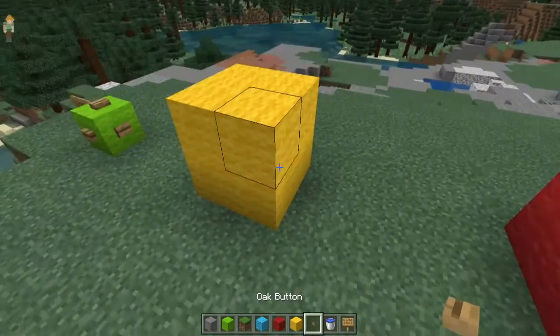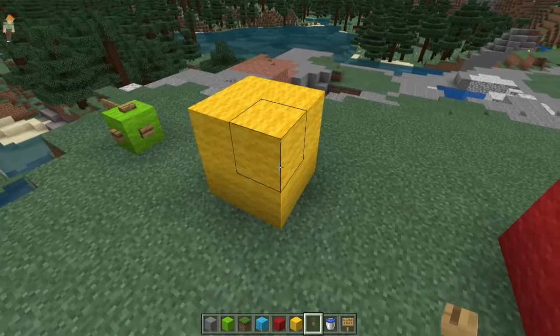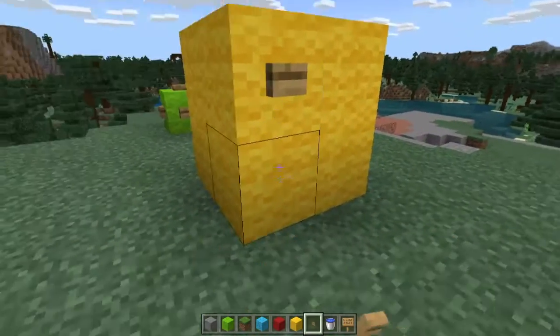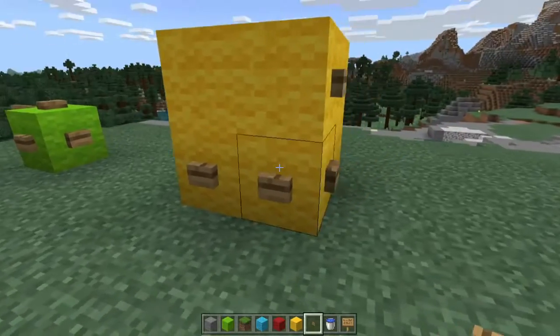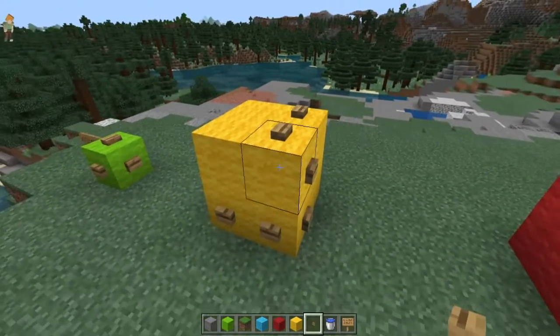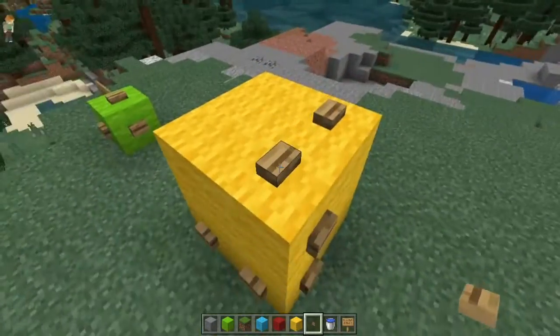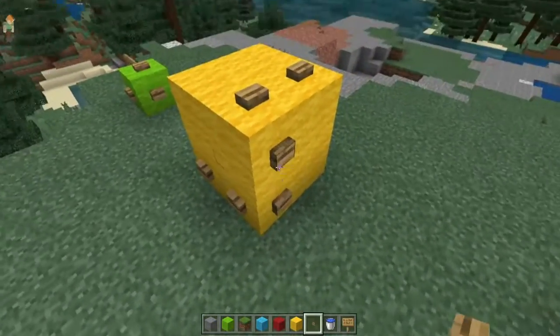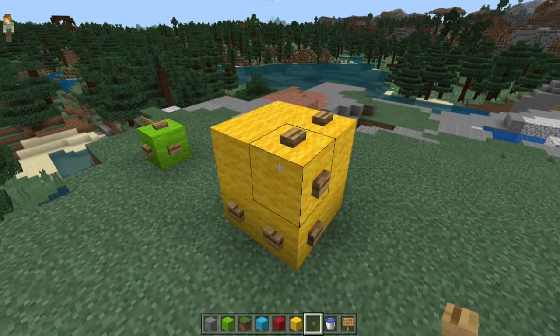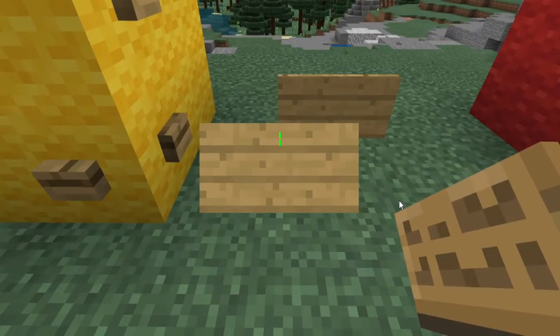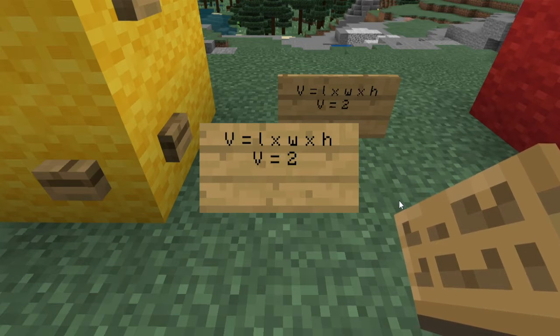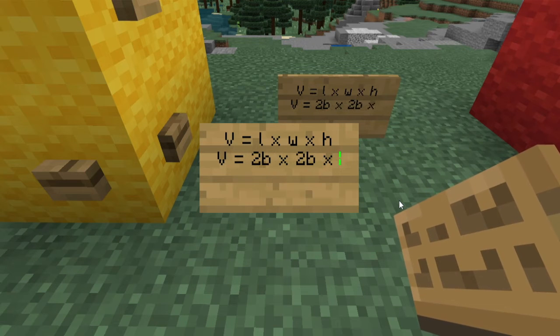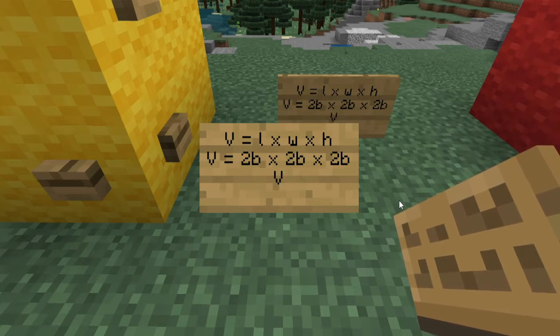For this one over here, we have a bigger block, and the length of this block is 2, the width is also 2, the height is also 2. So the top part would be the length, this would be the width, and then that part would be the height. But we still have the numbers here, so it's 2 by 2 by 2. So let's calculate our volume. Volume equals length times width times height. Volume equals 2 blocks times 2 blocks times 2 blocks. So volume equals 2 times 2 is 4, 4 times 2 is 8,